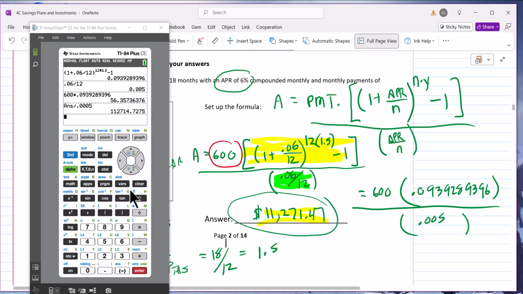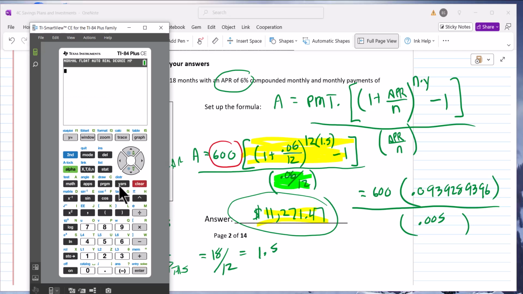Now, let me show you one other way you can do this. This is another good way to do this problem. Watch how I do this time, okay? What I'm going to do is the part that I highlighted in yellow. I'm going to do 1 plus 0.06 divided by 12, close the parentheses, raised to the 12 times 1.5. It's not a bad idea even to do 12 times 1.5 before you do anything else. Okay, that's the part in yellow. Now, since that's already on my screen, I'm going to multiply by 600. Then I'm going to divide by,